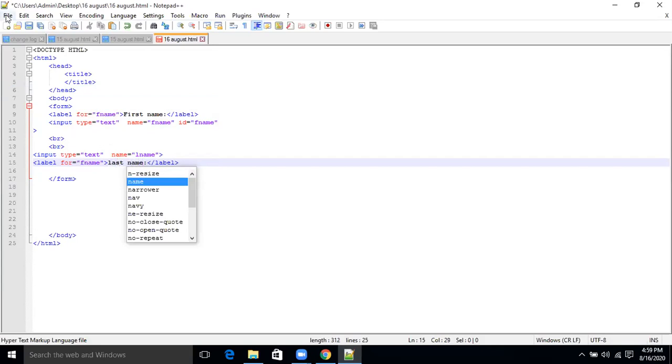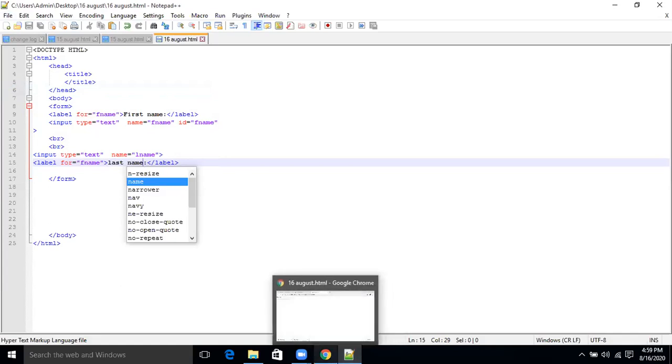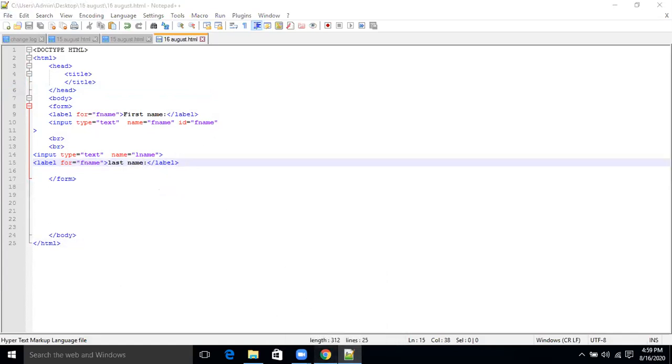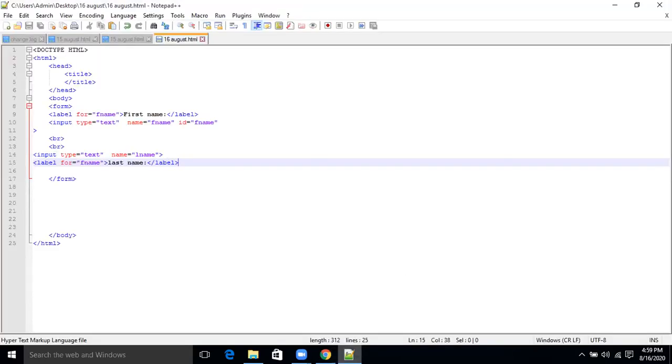Last name. File save. And why is it coming this side? Why not before that? Oh, sir, I have to put it above. Very good. Sir, I finished. Oh, so fast. I'll come to you, Sagarika.